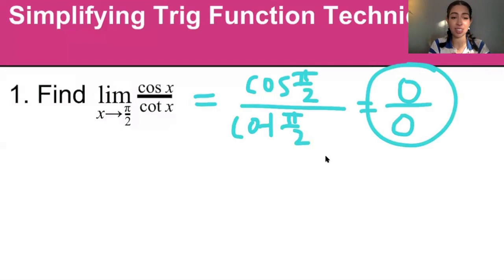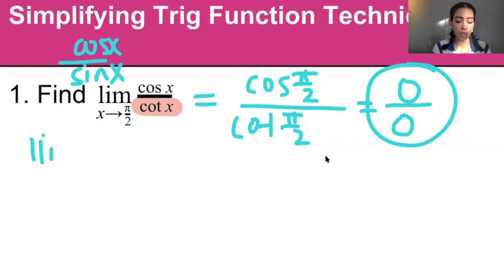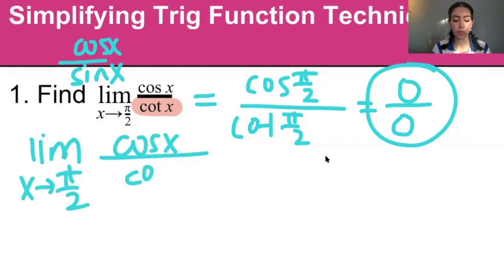Obviously, we can't factor this. We can't rationalize. We can't combine any common denominators. So our next option, since we have trig functions, is to think of any trig identities that could work to simplify this. So I know that cotangent is equal to cosine over sine. So I'm going to go ahead and replace that. That's going to give me the limit as x approaches pi over 2 of cosine x divided by cosine x